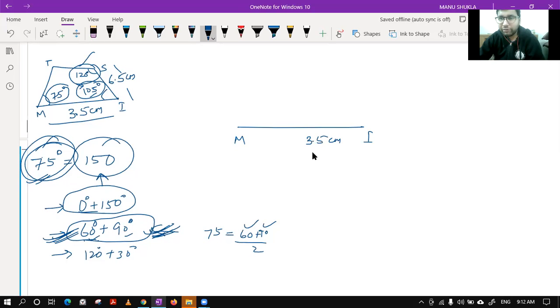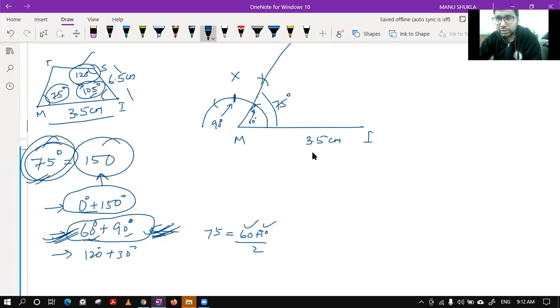Then you will draw this 75 degree angle. For that we have seen you will draw an arc like this first. Then you will go for that 60 degree arc and 120 degree arc. Then you will bisect it to obtain the 90 degree arc. Now you have 90 degree arc and 60 degree arc. Just by keeping compass on this point, you will take an arc, on this point take an arc, and you will get the angle, which is how much? This angle will be how much, class? 75 degree.